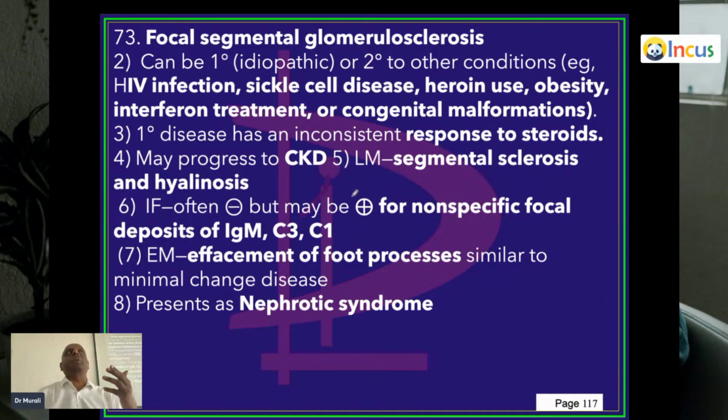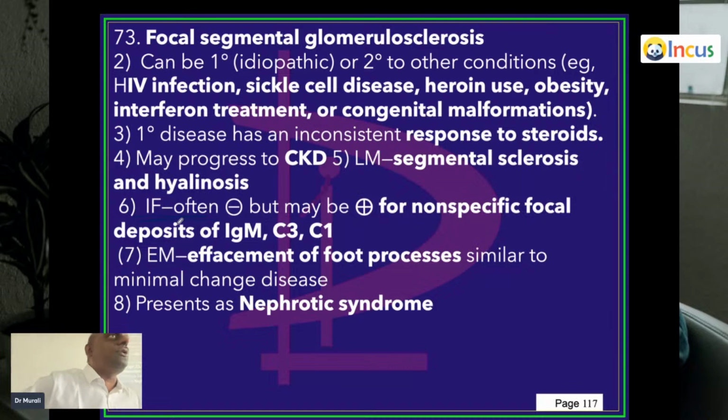On light microscopy, what do you see? It is focal, less than 50% glomeruli. Segmental, what do you see? Sclerosis. Just before we have seen hyaline-like sclerotic changes in FSGS. Immunofluorescence is often negative. There are no immune deposits in this story. But there is an effacement of foot processes, just like in minimal change disease, even in FSGS. That's the reason FSGS, membranous nephropathy, minimal change disease: 3 conditions to remember whenever patient has got a